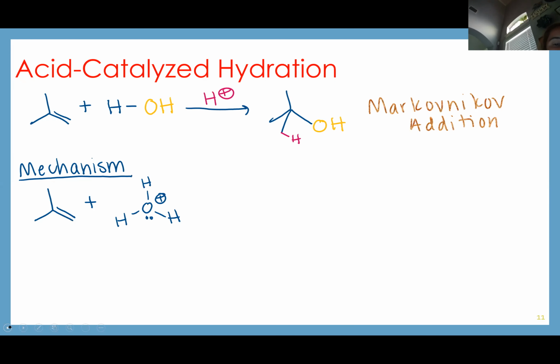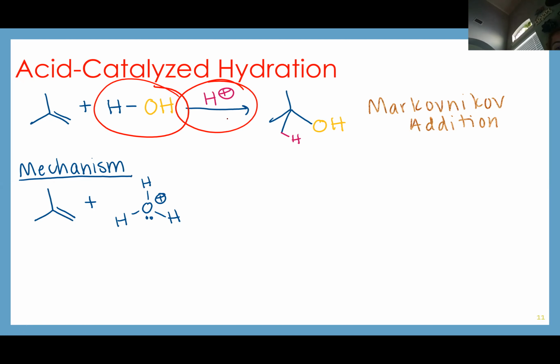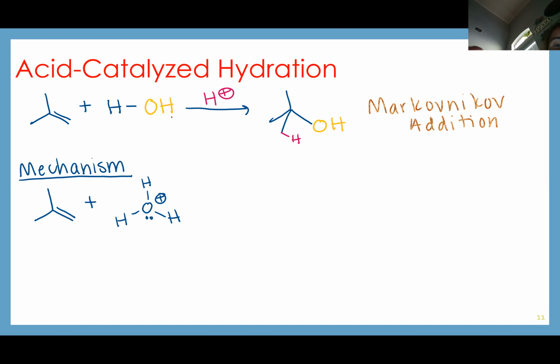So in this mechanism, you have water and acid as your reagents. It doesn't really matter what the identity of the acid is. Usually it's given to you. Common conditions for acid catalyzed hydration include like 0.1 molar sulfuric acid. This tells you that you have a lot of water and a little bit of acid. The first step here